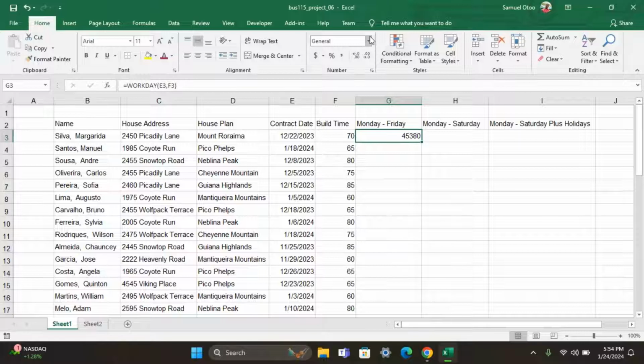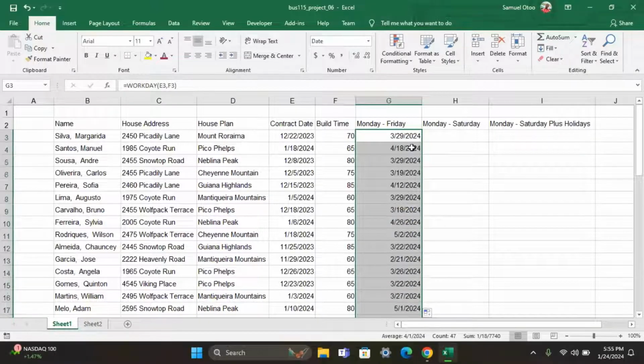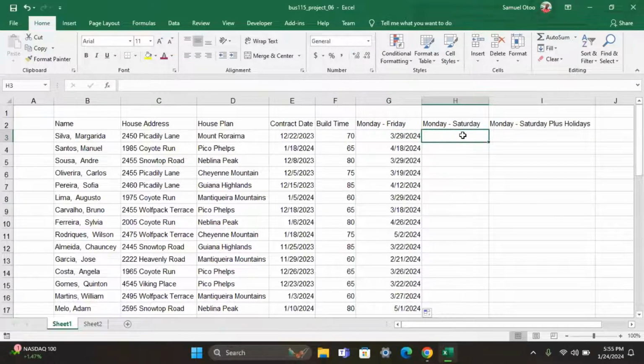We'll format it as a date. Which means that if we get contracts at this date, and we are supposed to build for 70 days, and we are only working from Monday to Friday, we are supposed to finish by this date. If you have a calendar, you can calculate and check if this is true. We'll drag it down for the rest of them, and we'll do the same thing for